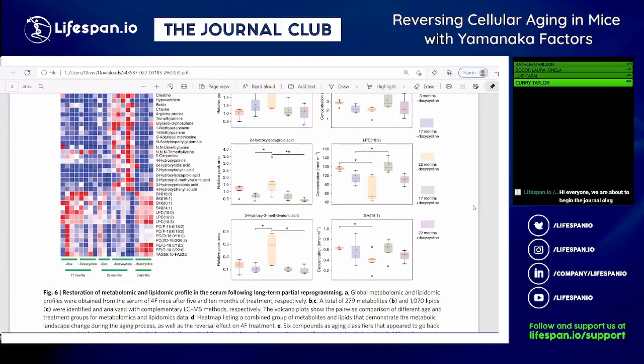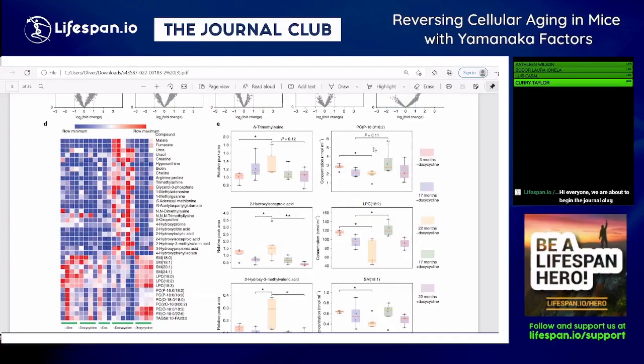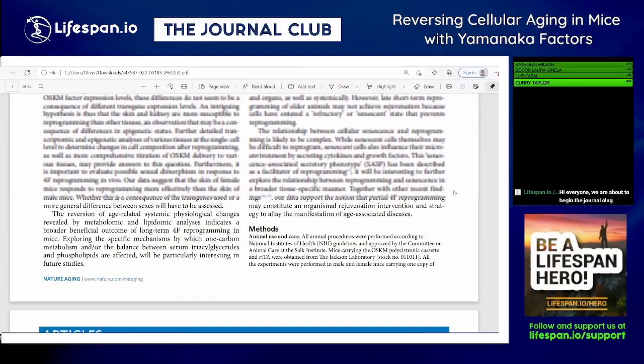So there's a lot of this data, and also with regards to lipids, I believe SM is sphingomyelin, PCF, probably phosphatidylcholine, right? So these are important lipids that are found in plasma membranes. Okay, so